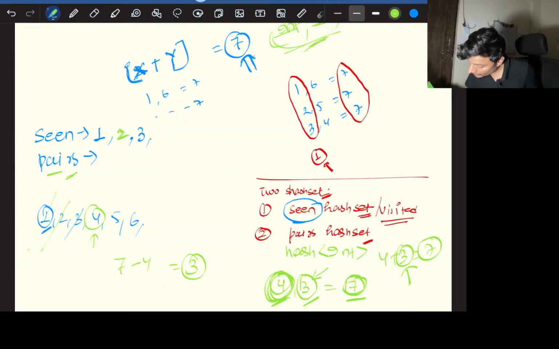So if we store only the smaller number in the hash set, just imagine we store the smaller number or the larger number, whatever you want to take. Say we store the smaller number, which is 3. So we stored 3 in the pairs. We are sure when we store this, because 3 already existed, like 7 minus 4,